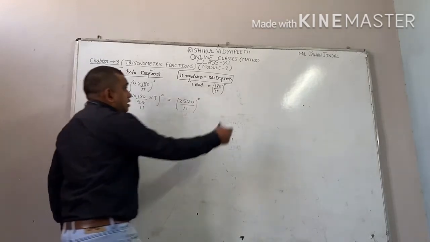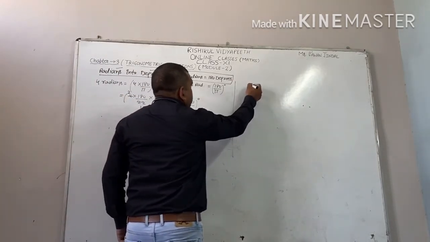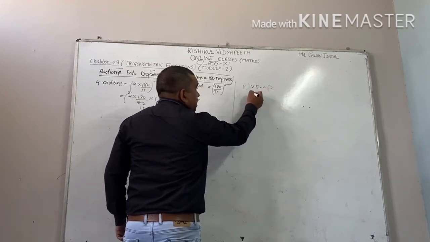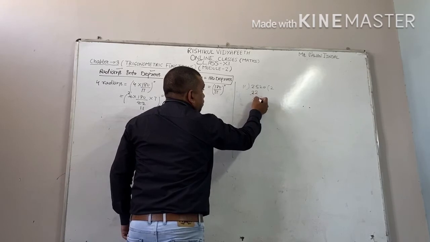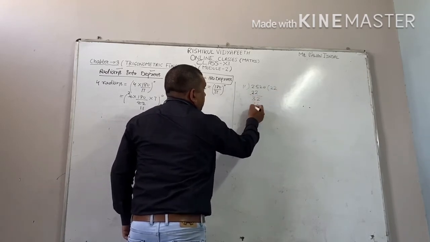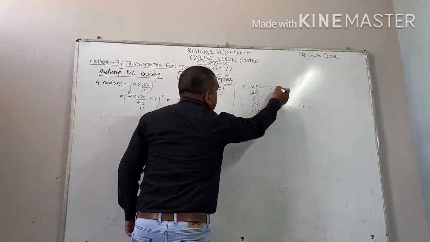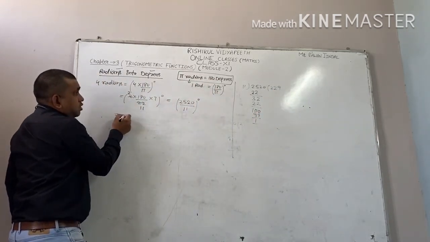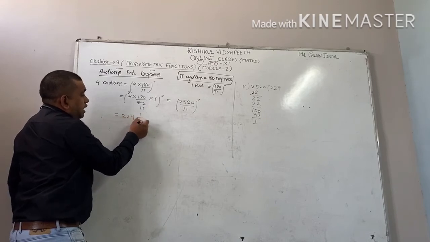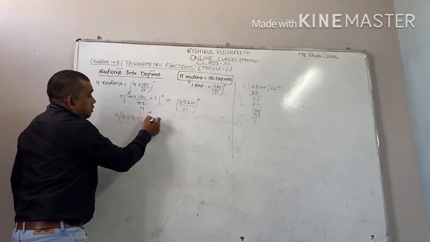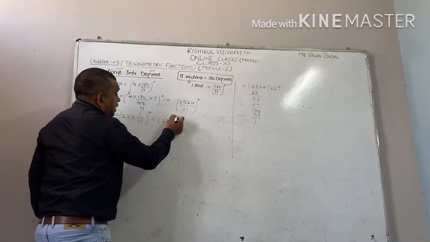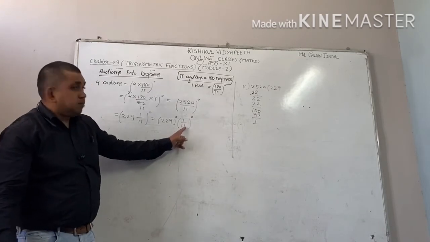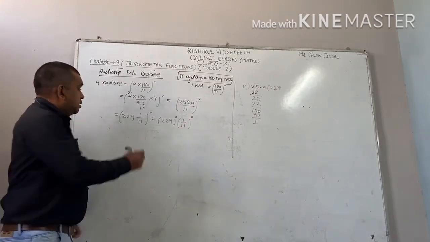Now this is in fraction. You will divide 2520 with 11. You will get 11 2s are 22, 3, 2, 11 2s are 22, 10, 0, 11 9s are 99. 1 is the remainder. Write down in the form of mixed fraction. This is your 229, 1 by 11 degrees. Now separate it. 229 degrees separate and 1 by 11 degree separate. Now convert this fractional term into smaller units.